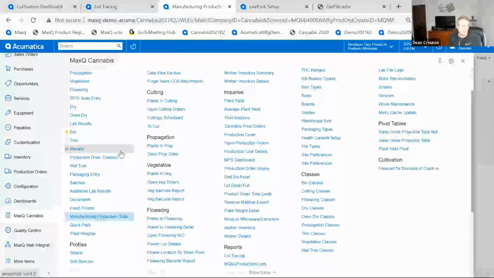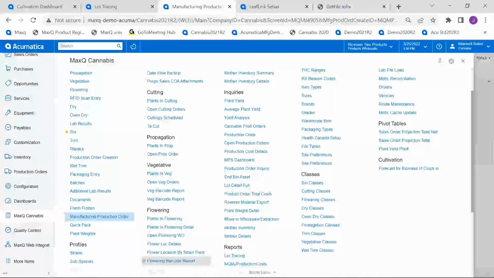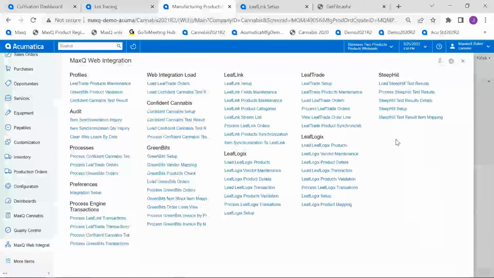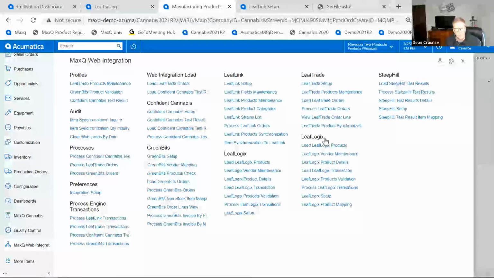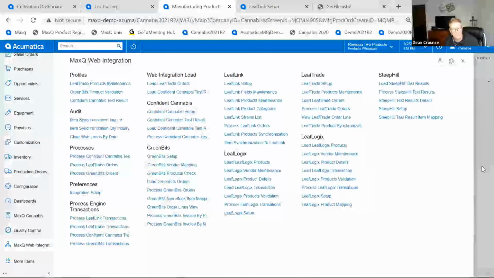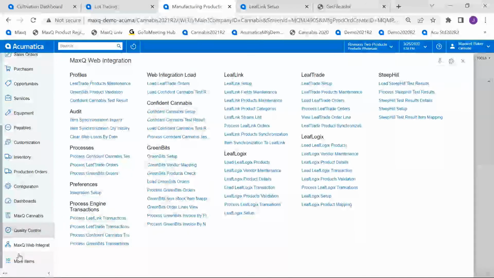Okay, so that's what I'm hearing as a summary. When we looked at that cultivation map, the magic sauce is really in what you just described, right? Yeah, the labels, versus just standard functionality. That and all of these things, right? You may not need them, but if you're doing Leaflink and Metrc, that alone is huge. And maybe you do Confident Cannabis to get those things in. And then we keep adding these so that we're ahead of what your needs are, where people fill gaps